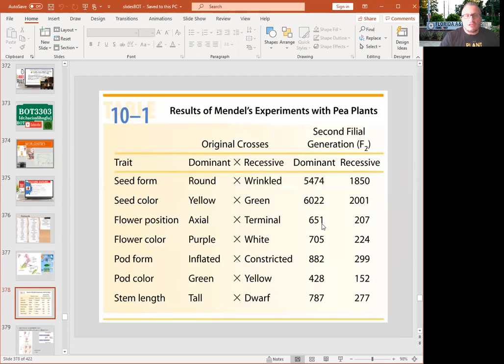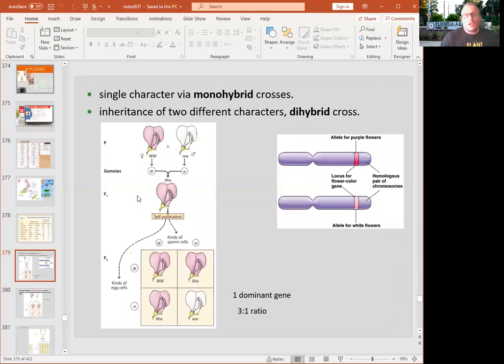So Mendel did almost 28,000 plants, and studied a number of traits including seed form, seed color, flower position, flower color, pod form, pod color, and stem length, and he showed a 3-to-1 ratio in single dominant genes. Okay, so now we know that